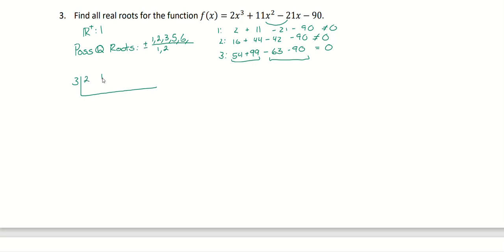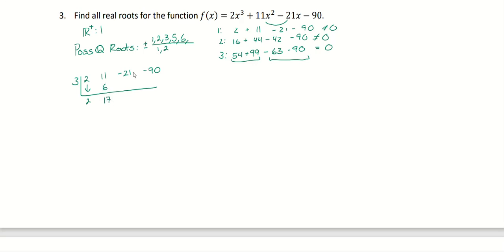And again, as I'm writing these coefficients, I am double checking in my head to ensure that none of these powers of x are missing. I go x to the 3, to the 2, to the 1, to the 0. We are good. I'm going to run through the synthetic division, hopefully fairly quick, just to see if it checks